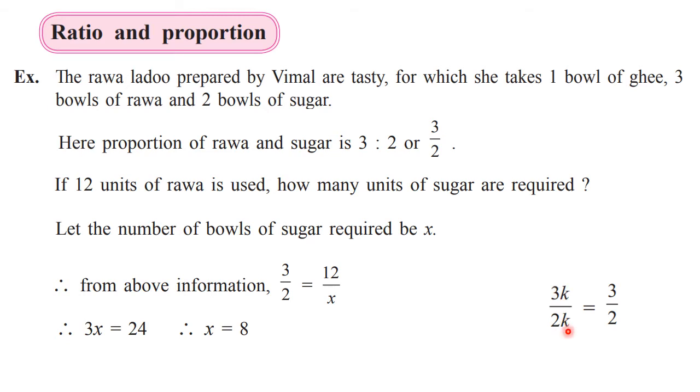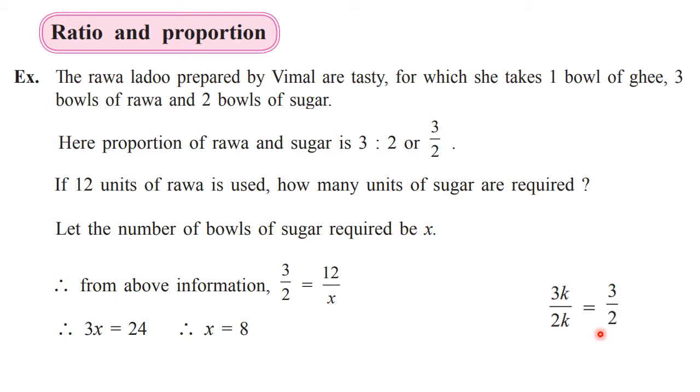This we represent by K, constant. There is some constant always, and that multiple is present both the places. That means if the ratio is 3 upon 2, it doesn't mean that the number of bowls of rava will be always 3 or number of bowls of sugar will be always 2. They can be multiples of these. So that shows that here we are always having a constant, because ratio we are representing in the reduced